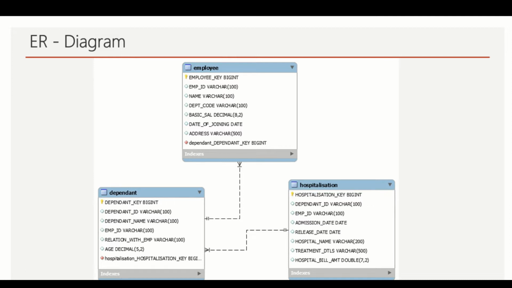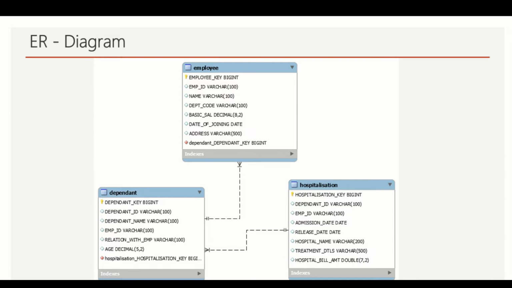So we need to retrieve all the employee records along with their dependent and their hospitalization records. The requirement is to retrieve the list of employees along with their dependent and hospitalization records.